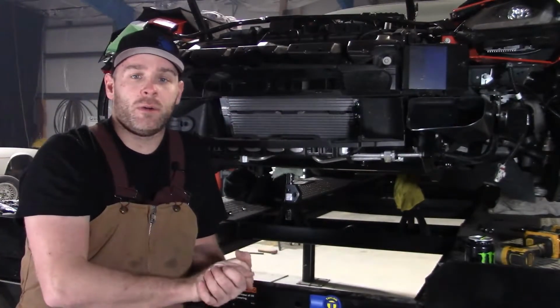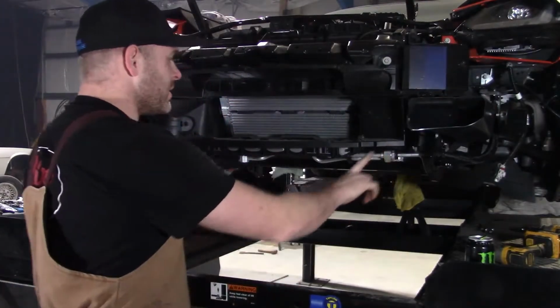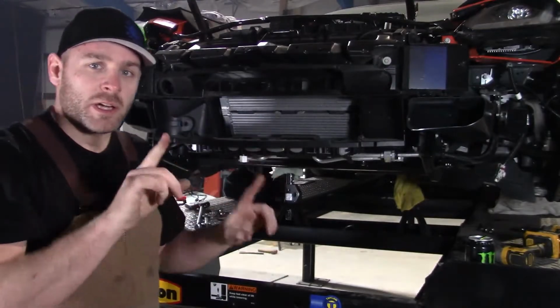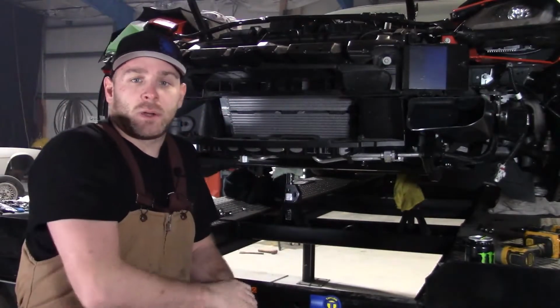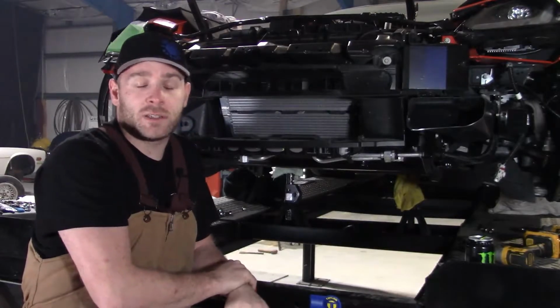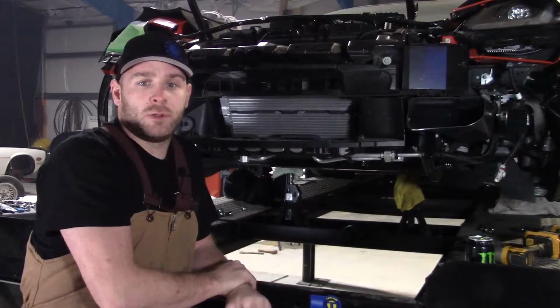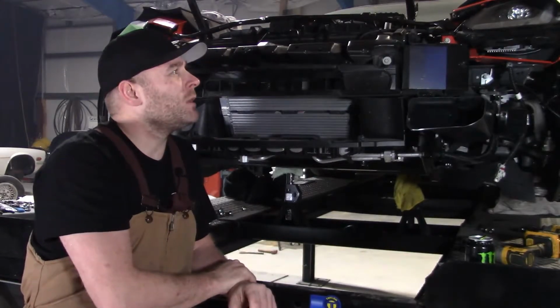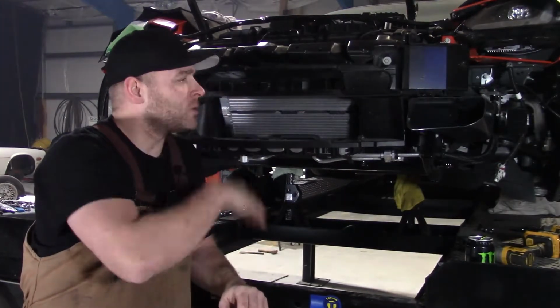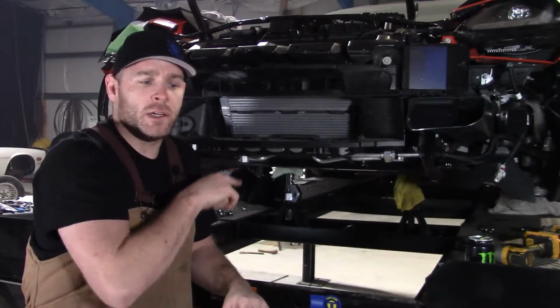And I think what we're gonna do is just take a picture, and I'll say, there's these 5 bolts here. I'll put a little arrow to them, and that's how we're gonna do the install of this thing. It's getting pretty late, and I'm ready to just get this thing wrapped up. So yeah, I'll bring you back when we go to start the car. When the bumper's all done, we'll drop the car down, put the wheels back on and everything, and I'll bring you back. We'll do the hood liner, and then